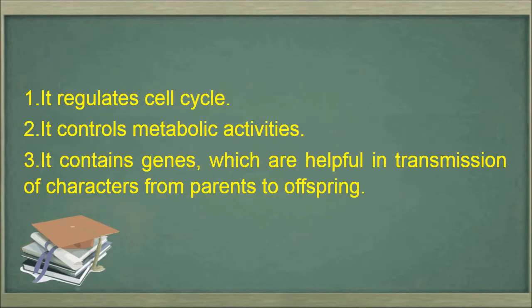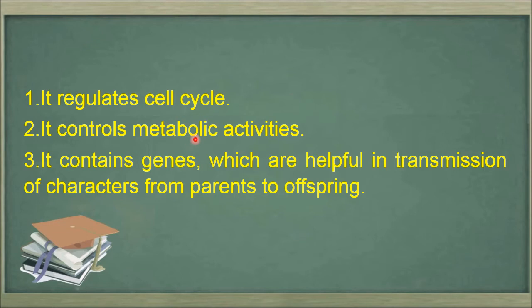Next, what is the function of it? It regulates the cell cycle. So their function is the cell cycle. What do you mean by cell cycle? A cell grows in size and ultimately a time comes when the cell has to divide. When it divides, the new cells that are generated further grow, and after a particular time period they will also divide. So this cell division is a cyclic process which is regulated by the nucleus.